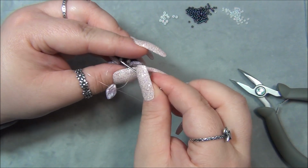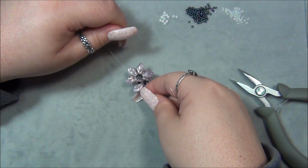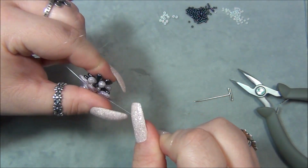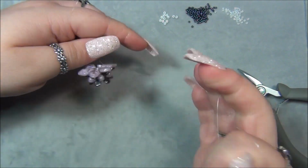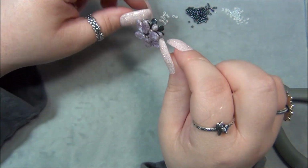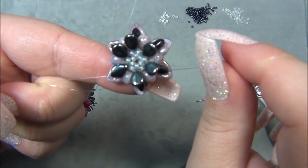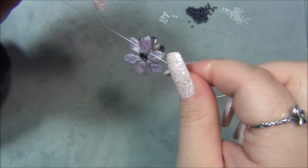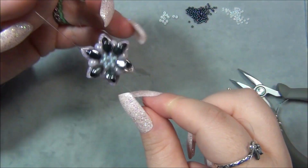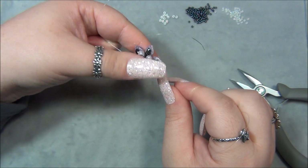Push that dagger out. And pull this tight. So look at that. Look at how those daggers, they were standing straight up on the back of this, but putting those petals there, look at how flat this is. This is wanting to stay flat. So because mine's a little twisted, I just go like this,